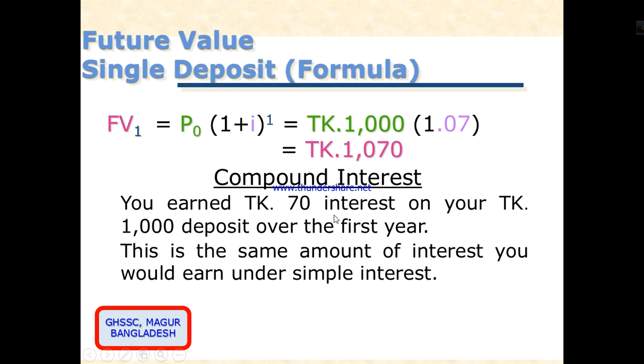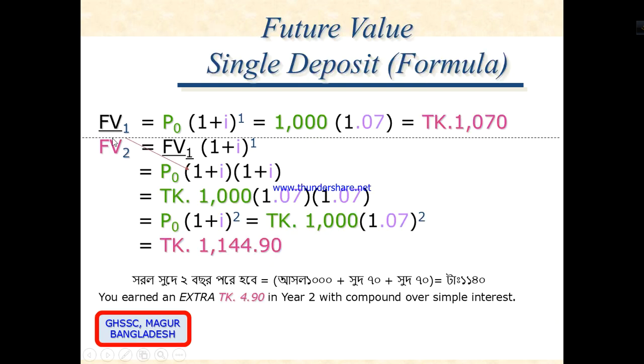You earn 70 taka interest on your 1,000 taka deposit over the first year. This is the same amount of interest you would earn under simple interest. That means for the first year, with simple interest and compound interest, there is no difference. At the same interest rate, we will show the same figure of interest at the end of the first year. But in case of the second year,